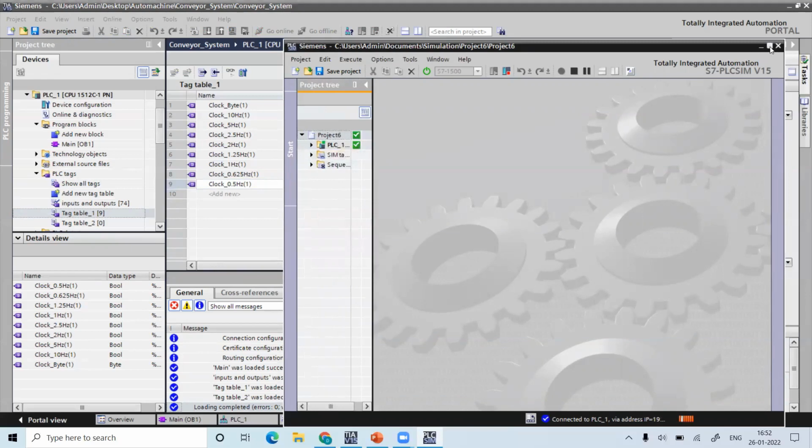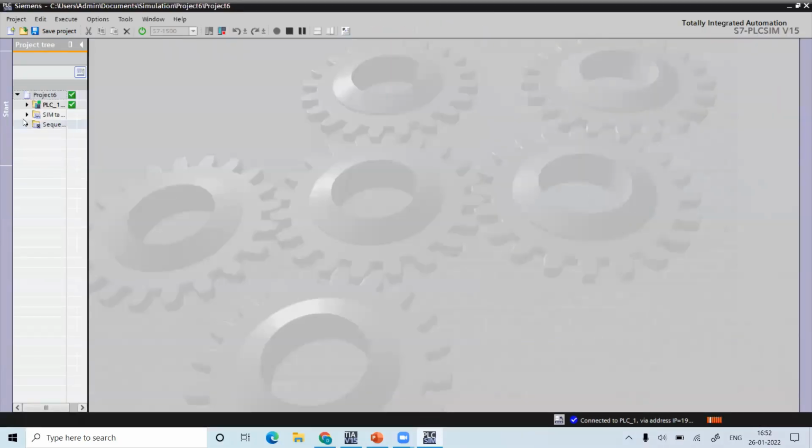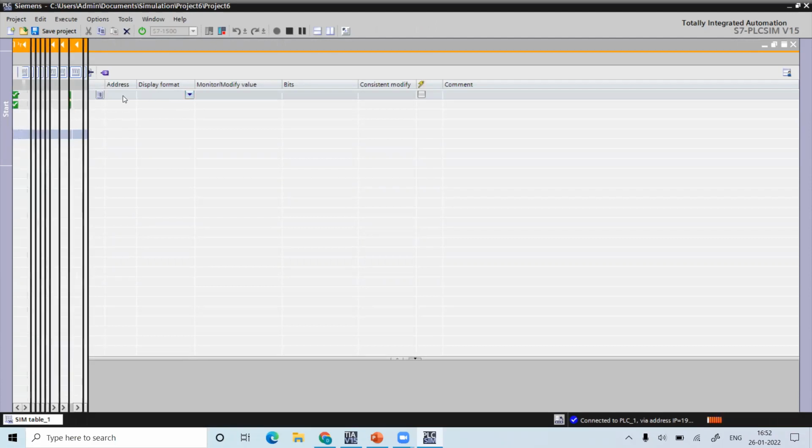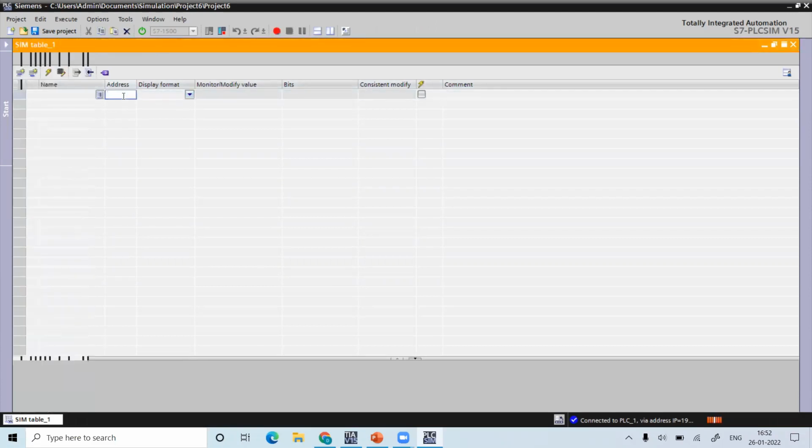Okay, now I'll open this one completely. I'm going to open the system sim tables here. So I'm going to enter the addresses here. I'm going to enter the address of MB0. This memory byte has an 8-bit address. So next I'm going to enter